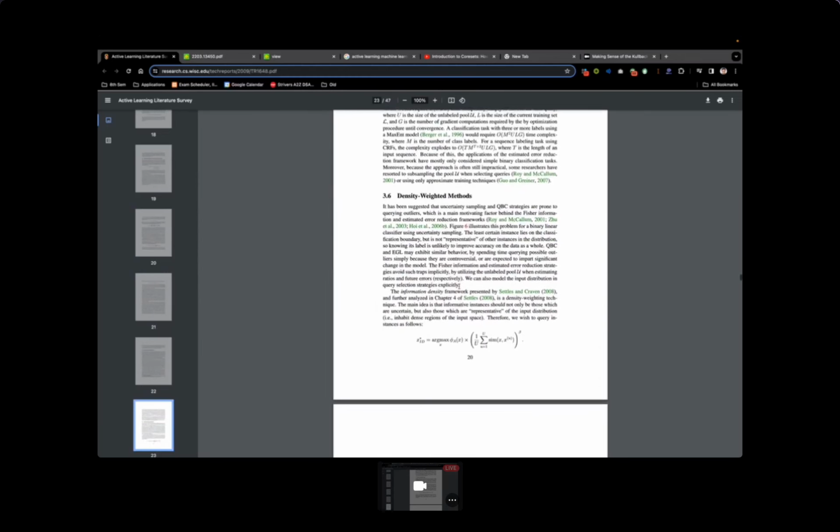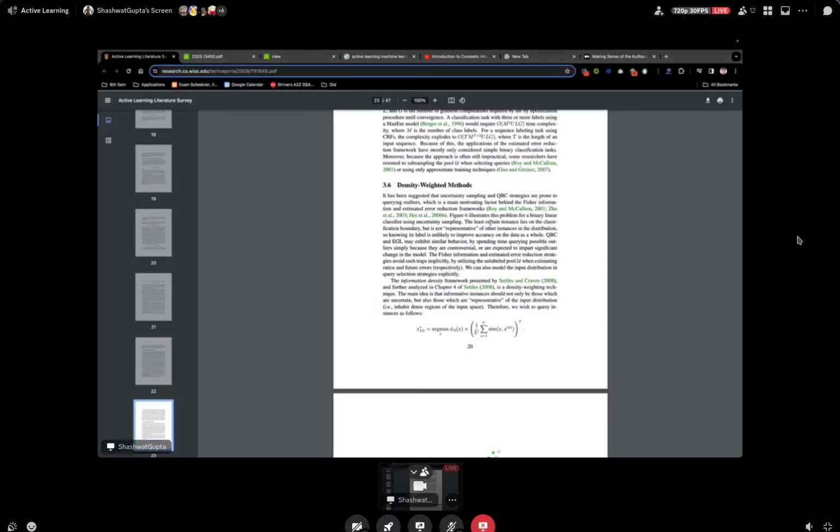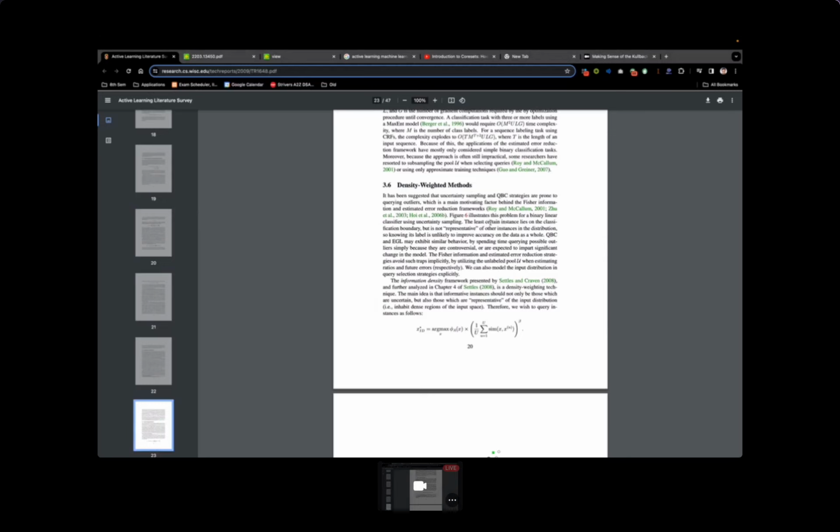Okay, now density weighted methods. So this is basically combining informativeness and uncertainty. No, representativeness and uncertainty. So this is basically the one that we all studied above. One of the methods, the function which leads to